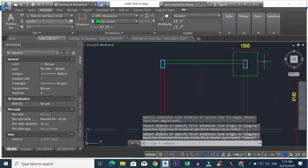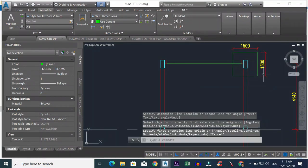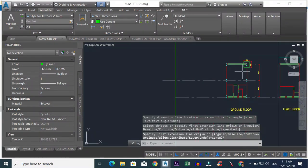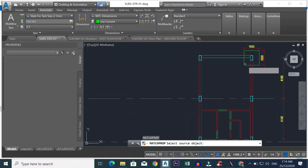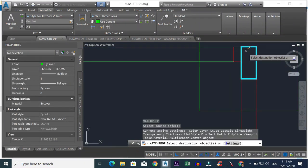So it's 1.5 and it's definitely going to be 1.5 from there. You're right, so that's great. So we have established our base. The next thing that we just want to do is let's just copy from this column